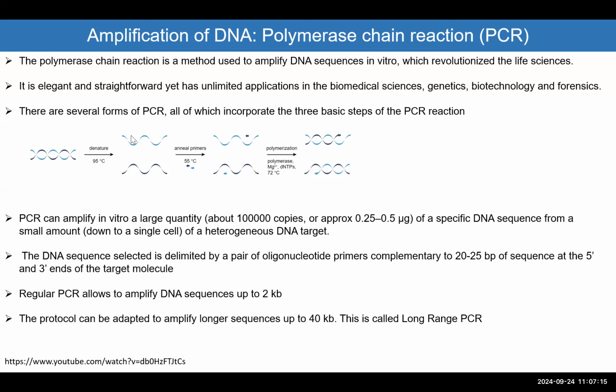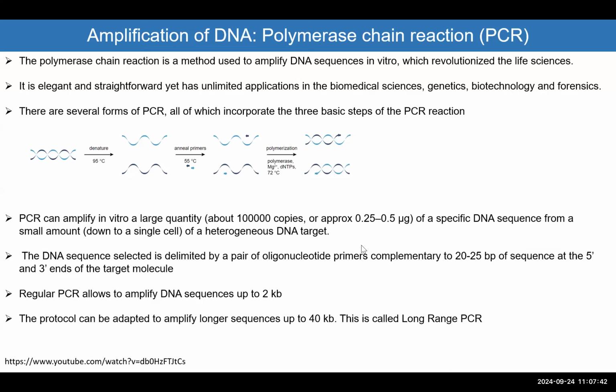And by the end of this cycle of denaturing, annealing, and polymerization, we will have already 2 copies of the same DNA. And if we keep repeating this again and again, you can have a massive amount of DNA. So here's an example. You can get up to 100,000 copies, or around 0.5 micrograms of DNA if you perform this